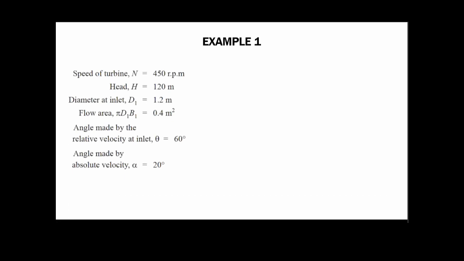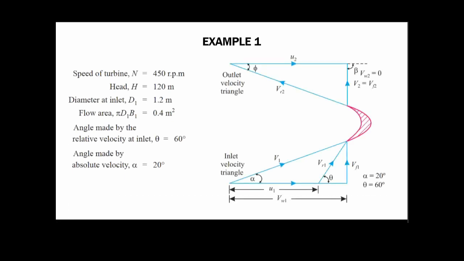Okay, so first of all, from the question, we know that the speed of the turbine is 450 RPM and the head is 120 meters, and the diameter at inlet D1, or you can use DI or whatever notation that you like, is equal to 1.2 meters,